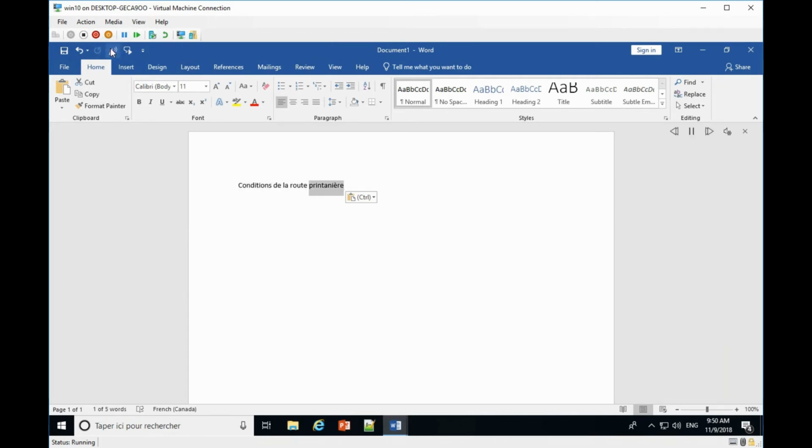Conditions de la route printanière. Now it pronounced correctly. So that means Microsoft Office cannot recognize some languages when they are different. So you need to make this language the first line. It will read correctly, for example. Conditions de la route printanière. Now it